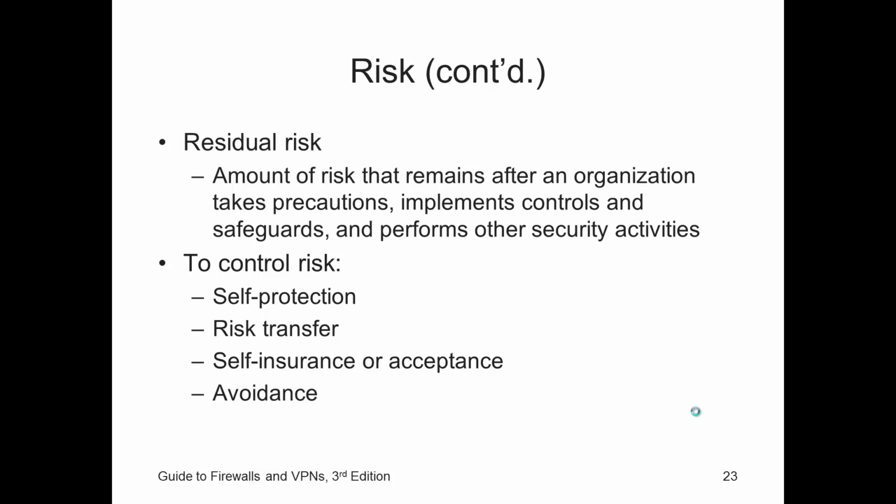So, when we talk about risk from a pure theoretical sense, there are two states of risk. There's pre-control risk, and then there's post-control risk, otherwise known as the residual risk, or what's left over after we have put whatever control or countermeasures into place to try and lessen the risk. So we could see pre-control risk of 50%, and then once we put the control in place, maybe we're down to 20 or 10%. So that's really what we're talking about here in that context.